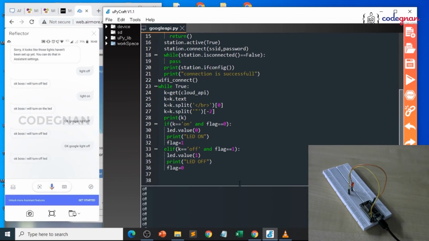So I will turn on the LED and you can see on my screen. Okay Google, light on. Okay, boss, I will turn on the LED. So you can see LED is turned on my screen with the help of Google Assistant, and you can see this print here.